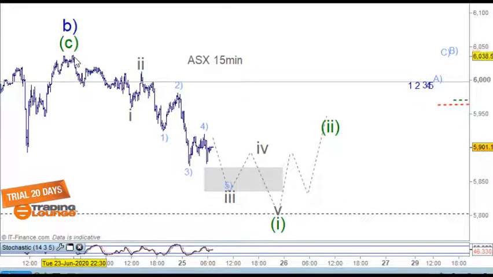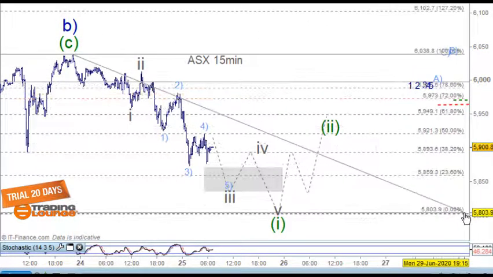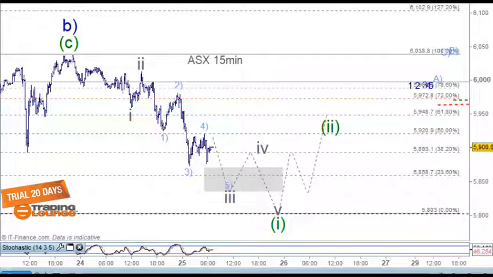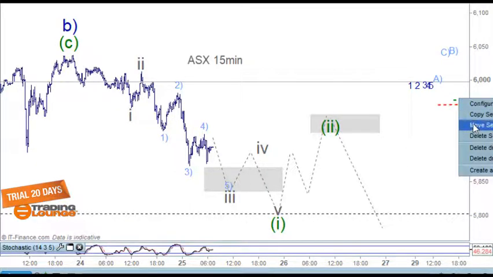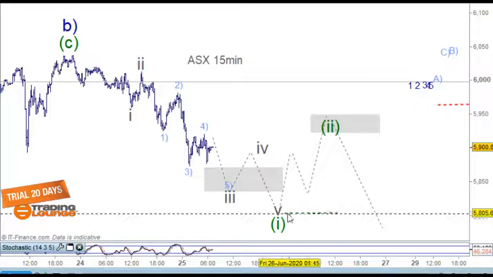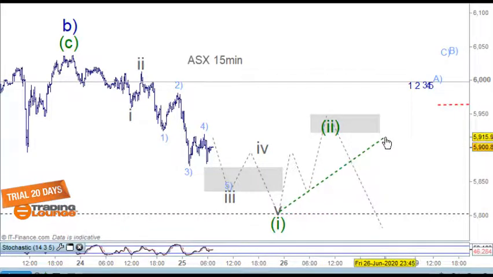In a nutshell, if we look at the top here and bring it down to the 5,800 just to start, then we can look at that particular retracement. It doesn't have to come back to here, but we just need a starting point for that. So this is the one that we want to build into down this way. This is the one that we want mainly. There's different ways we can approach this, of course. It depends on where this comes down to, how shallow that is, and so on.